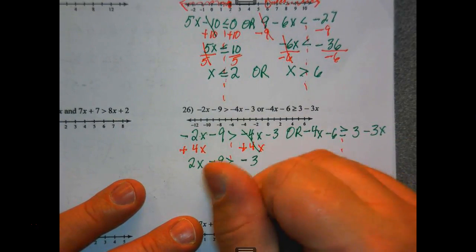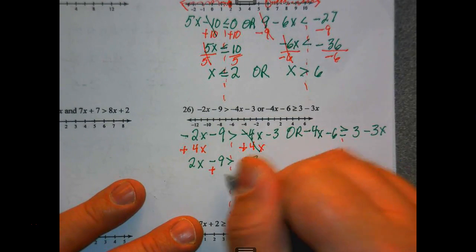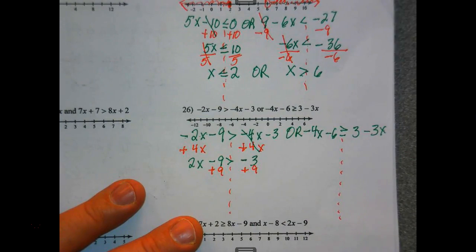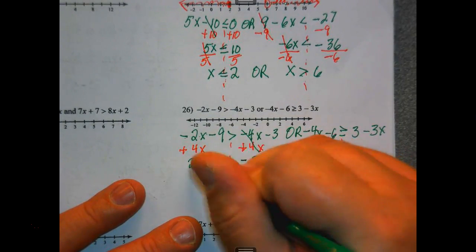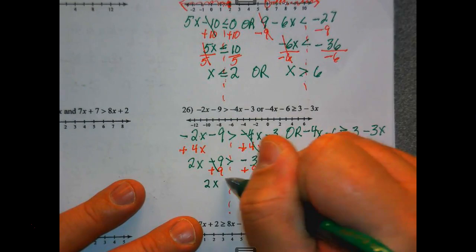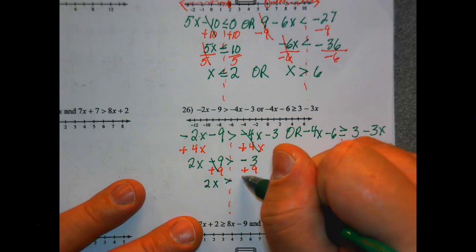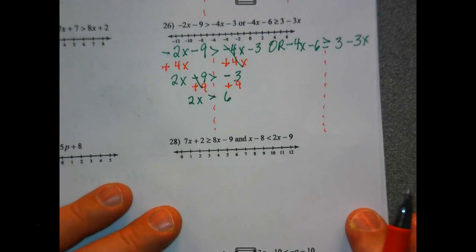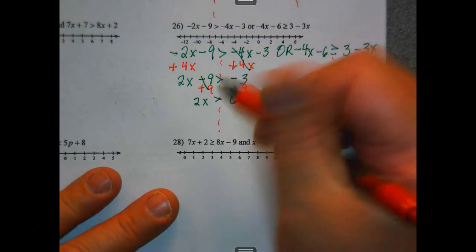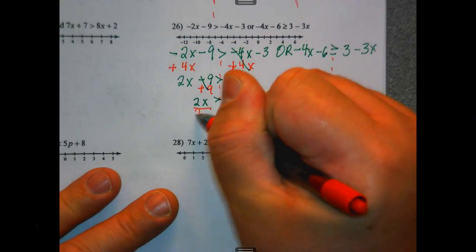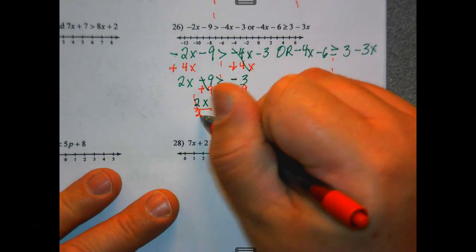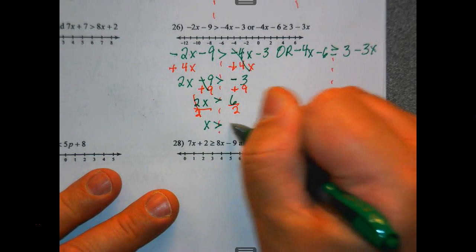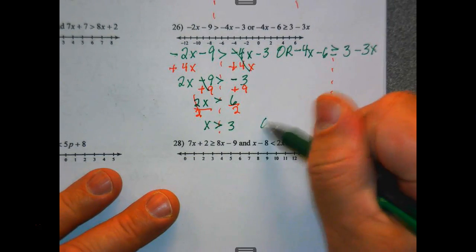I have to get rid of my 9, get my numbers on this side. So I'm going to add 9 to both sides. So I get my 2x greater than positive 6, negative 3 plus 9. Divide by 2. And I get x is greater than 3. Or,